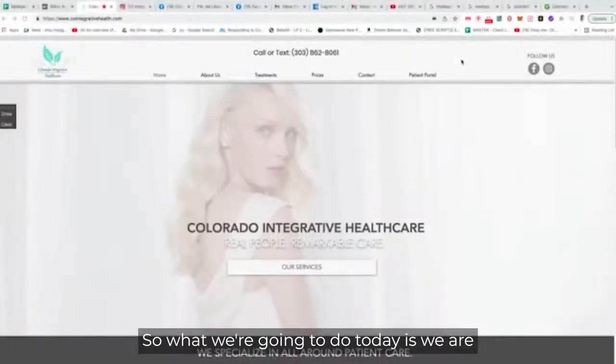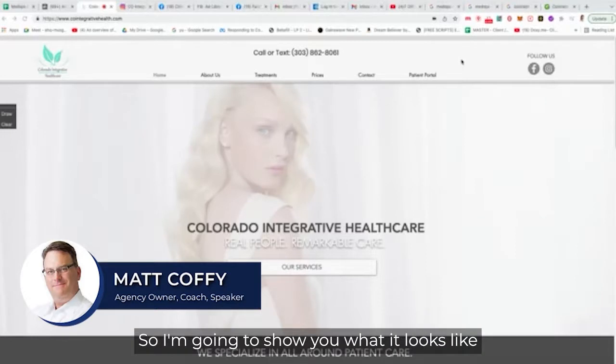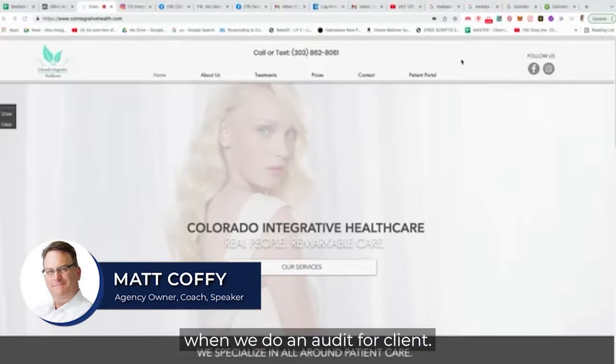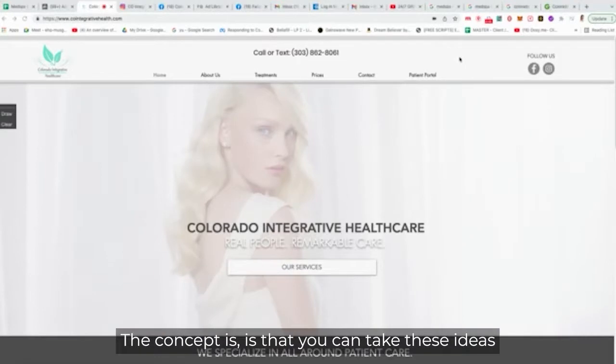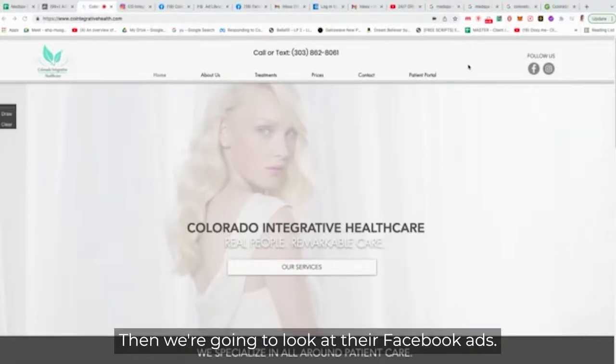Okay, so what we're going to do today is an audit. I want to show you what it looks like when we do an audit for a client. The concept is that you can take these ideas for your practice and put them into play. We're going to go through the website first, then we're going to look at their Facebook ads, and then we're